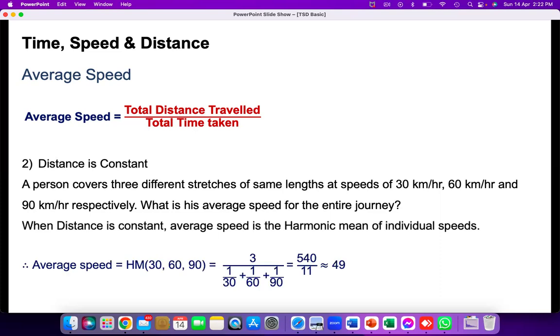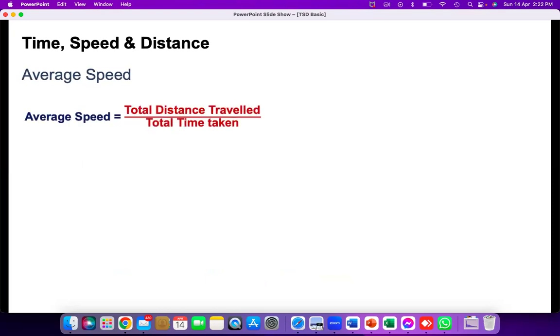So d cancels from numerator and denominator, and this is what you are left with. So 3 divided by 1 by 30 plus 1 by 60 plus 1 by 90. Simplify, it goes 49. Okay. Now,